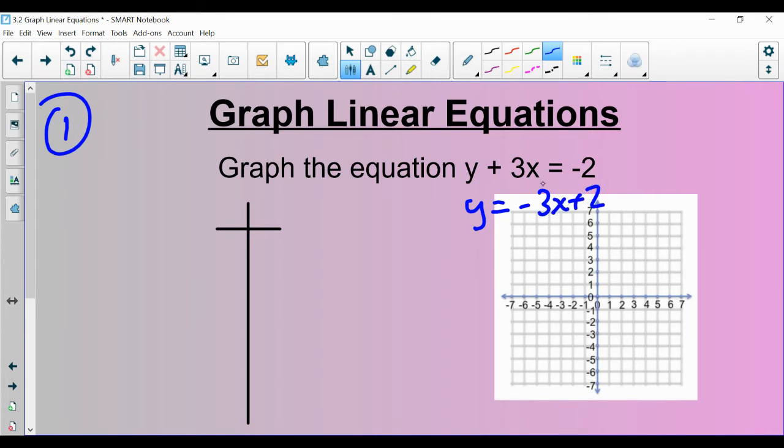You could have written it like this. You'll see math teachers in the book and stuff always put the x term first. But if you had y equals 2 minus 3x, that's the same thing. These are the exact same. The 3x is negative and the 2 is positive. It's going to benefit you to get in this habit, but you don't need to be there right now. And by this habit, I mean writing the x term first. Up next, you would plug in negative 2, negative 1, 0, 1, and 2 for x,